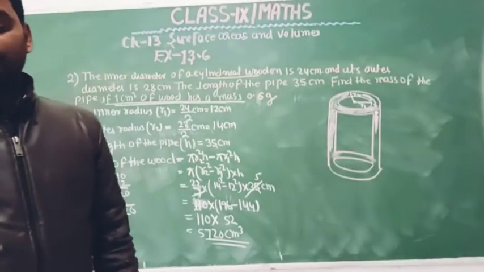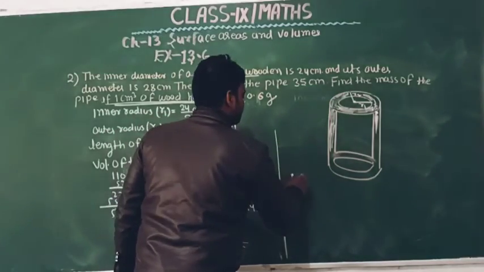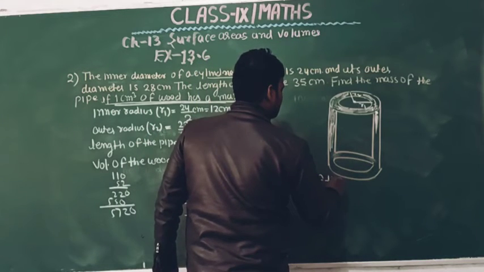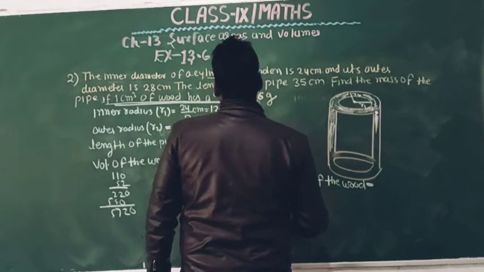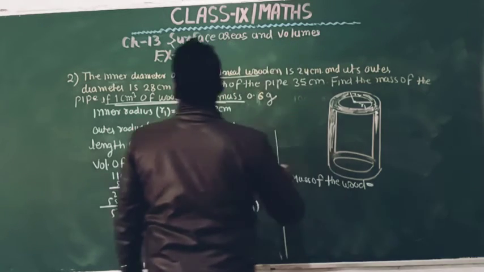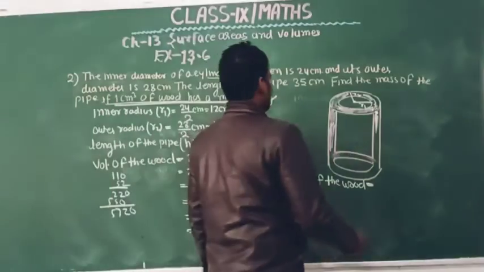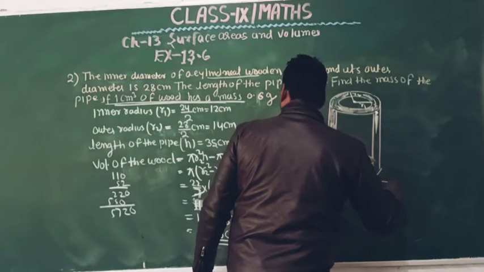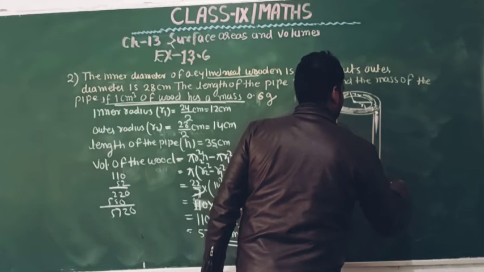So mass of the wood or pipe equal to, here 1 centimeter cube volume has 0.6 gram. So the total volume 5720